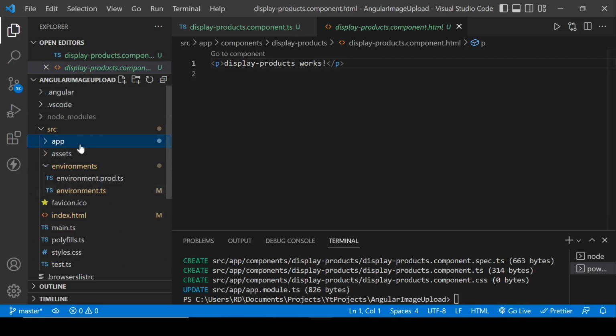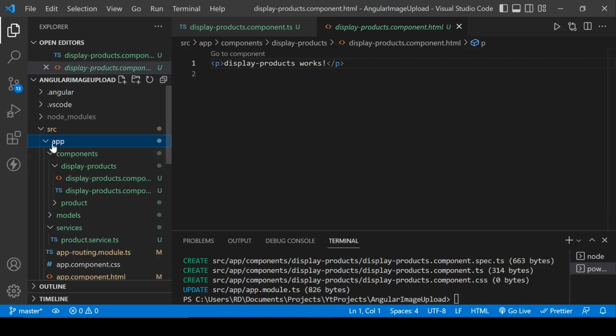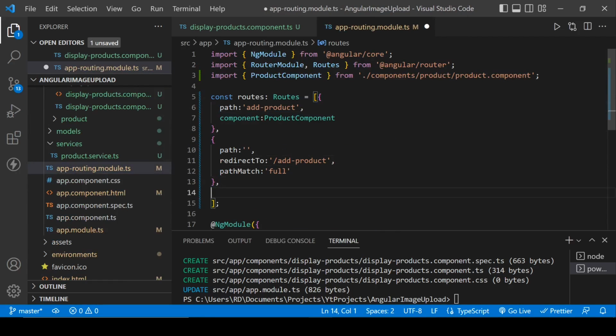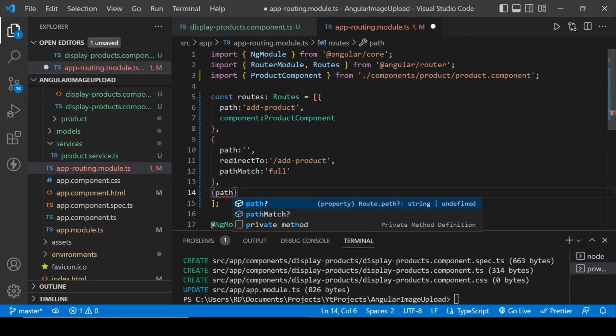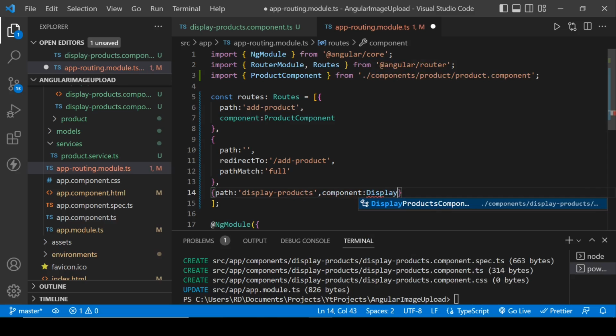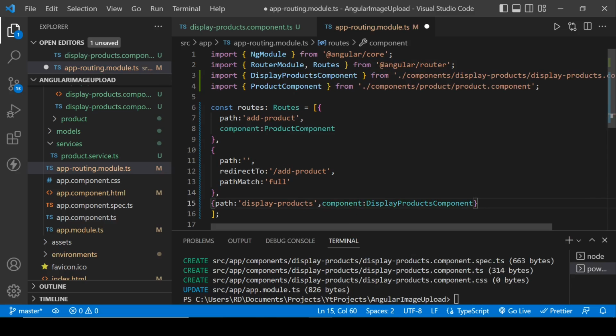Now define it in a route. So where is our routing file? Let's find our routing module.ts. Okay, now here we will define a path. So it will be display products, component, display product component,